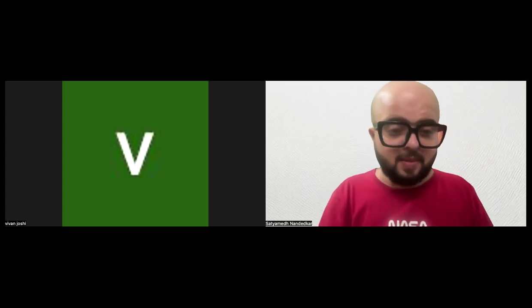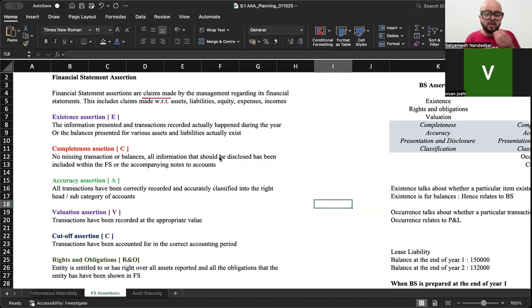So ये जो सारे claims made by the management हैं, these are your financial statement assertions. Now what are the primary financial statement assertions? Balance sheet के अलग हैं और P&L के अलग हैं। The first one is the existence assertion, which means मैं बोल रहा हूं कि this particular item actually exists। मैं सच बोल रहा हूं that this item actually exists in my books of accounts। लोन है तो लोन is existing। करंट लाइबिलिटी में लिखा है अमाउंट पेएबल टू सत्यमेव, सो दैट मीन्स अ क्रेडिटर कॉल्ड सत्यमेव एग्जिस्ट्स इन द बैलेंस शीट।